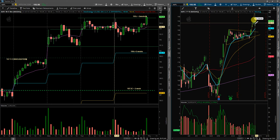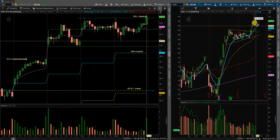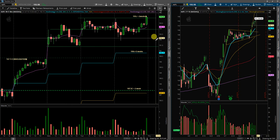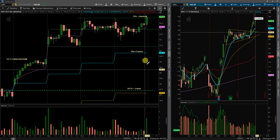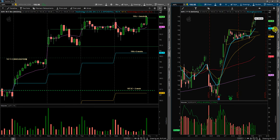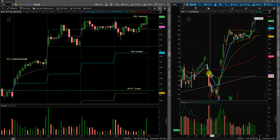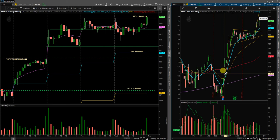So in order for that to trigger, it would have to actually break below this 190 area and have some sellers really come up on the tape and start to push it down with some strength. If that does happen, we'll have to wait and see. Then I'll just simply wait for the next level down. I don't feel like taking puts or going short on a name just because it's making all-time highs. If you remember, anytime Apple or any big name has started to make a run like